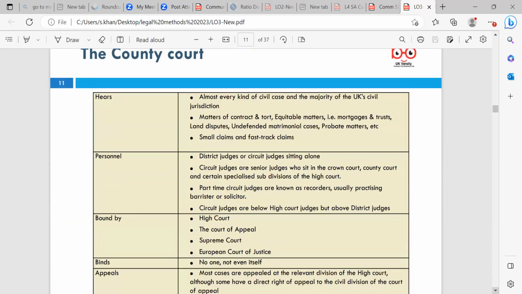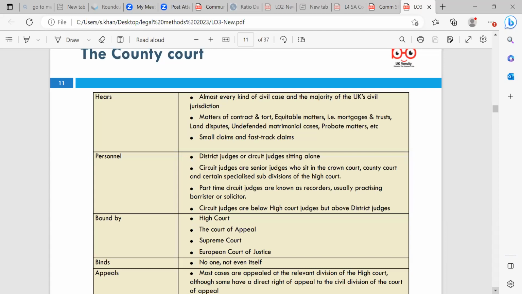The County Court. It hears almost every kind of civil case in the majority of UK civil jurisdiction: matters of contract and tort, equitable matters, mortgages and trusts, land disputes, undefended matrimonial cases, probate matters, small claims and fast-track claims. The personnel that work in the County Court are district judges or circuit judges sitting alone. Circuit judges are senior judges who sit in the Crown Court, County Court and certain specialised subdivisions of the High Court. Part-time circuit judges are known as recorders,